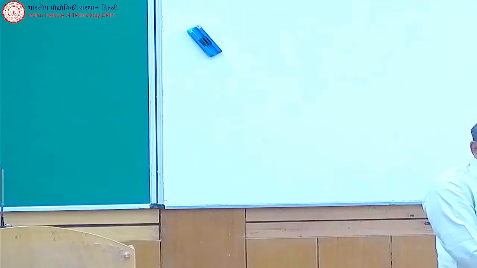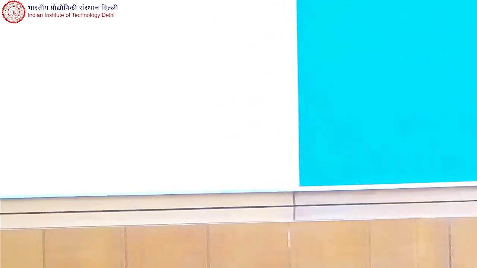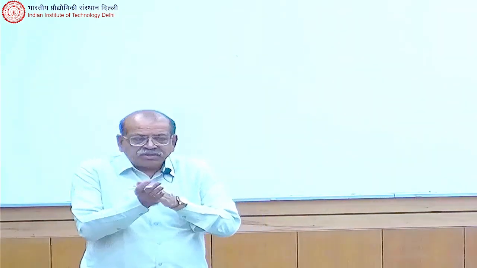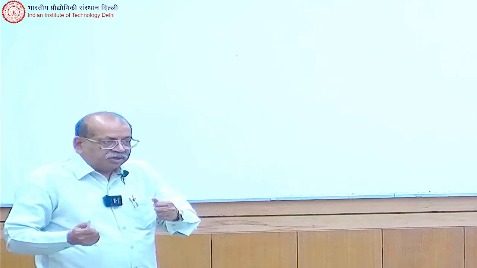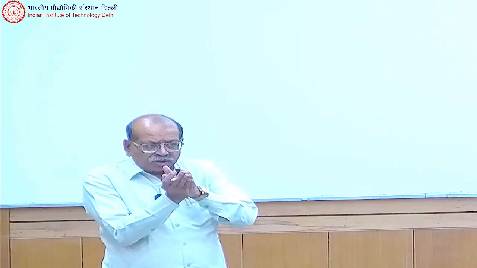So in the last class, we ended with some boundary conditions. Let me repeat a bit of this. So we said there are two types of boundary conditions. The first one comes on velocity, and the other one of course will come from stress, but we will relate it to the velocity. So first we talk of the kinematic boundary condition, which is a boundary condition on the velocity on two sides